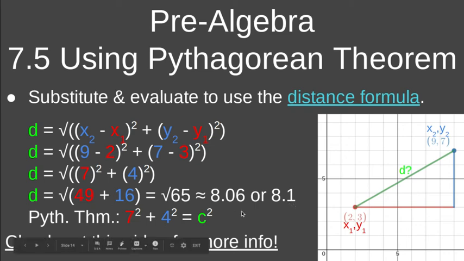And then lastly, by the way, you could have just used Pythagorean theorem to get this, to be able to set up the distance formula. In the end, this is the horizontal distance of 7. That's what the 9 minus 2 accomplished. This is the vertical distance, the y change. That's what 7 minus 3 found us, that 4. I could do 7 squared plus 4 squared, which is 65, and square root of 65 would give me c